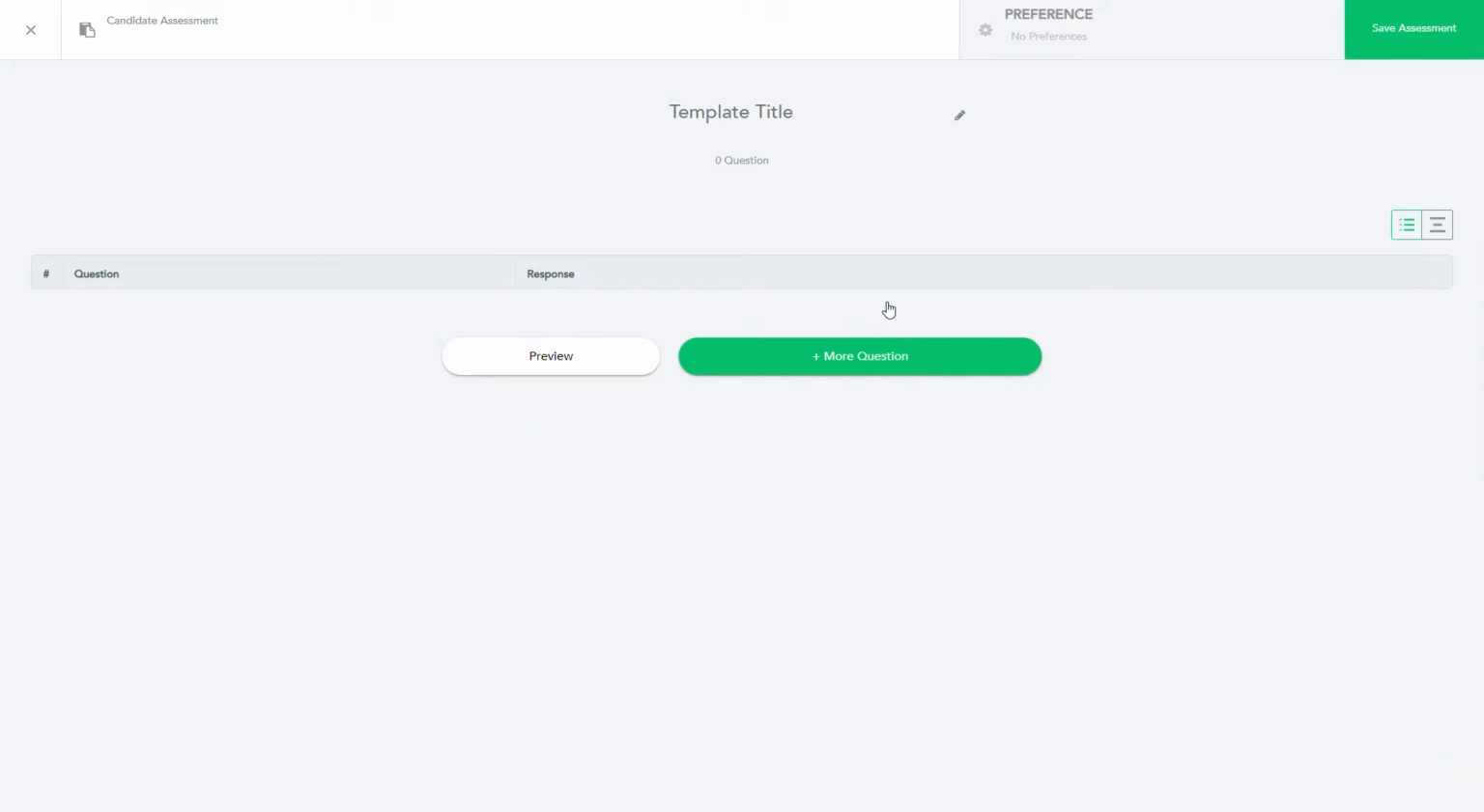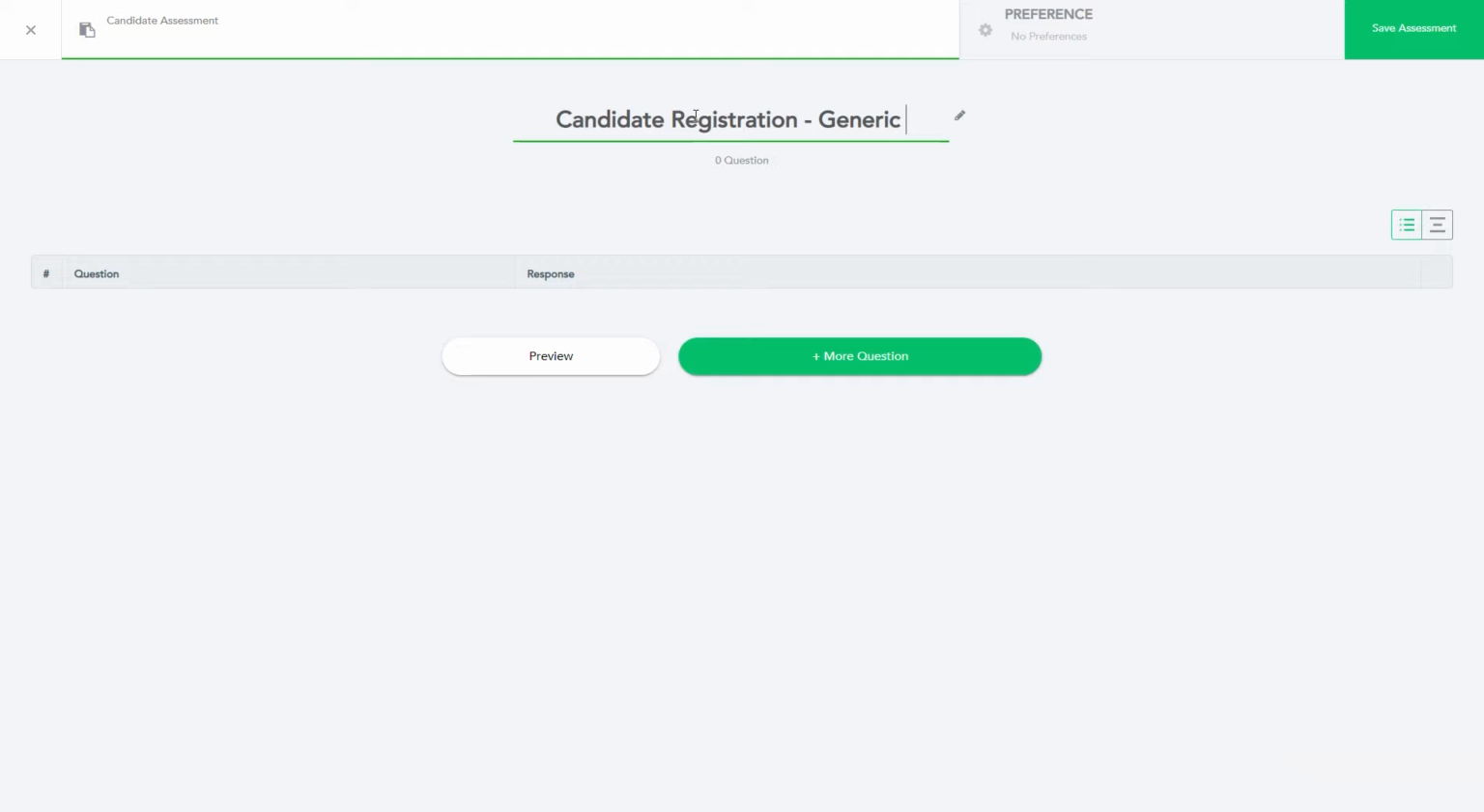The first one we're going to create is our candidate registration form. So let's give it a title. I think it's a good idea to be quite verbose. So this one here, candidate registration, is going to be for our generic onboarding job. So what that means is